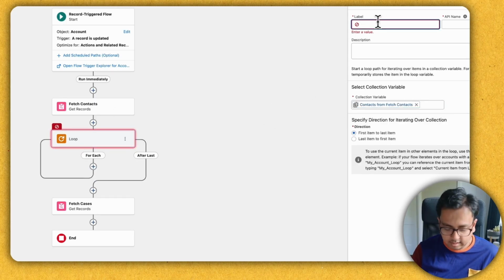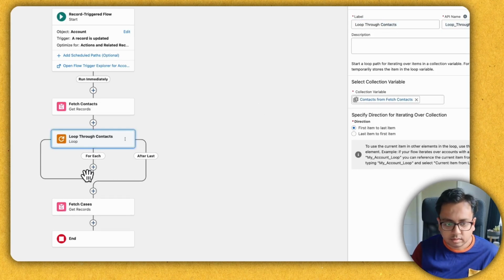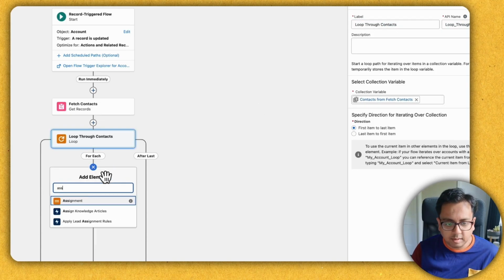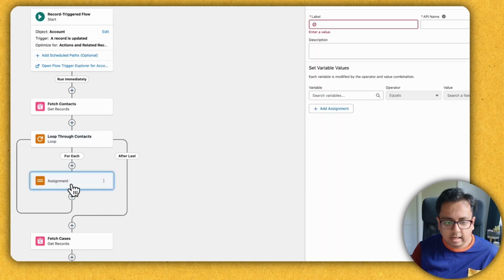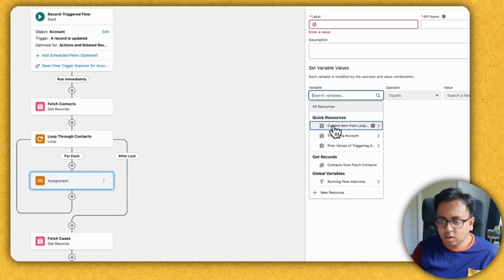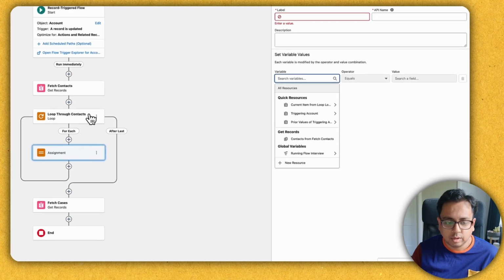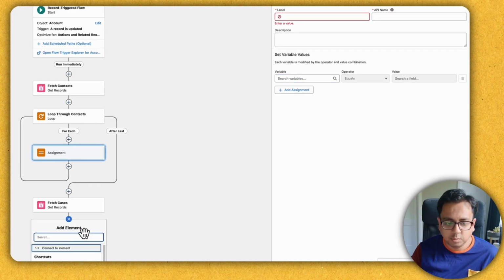Now let's say give it a name, loop through contacts. Similarly, if I put an assignment here, under this variable section the only option that you find is the current item from the loop through contacts. So here it will show you the current loop element from this loop. Now similarly, if I put another loop here,